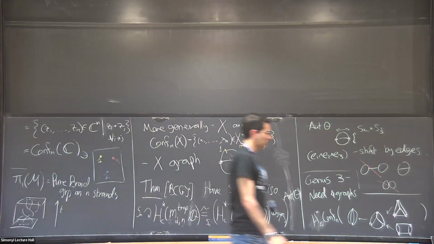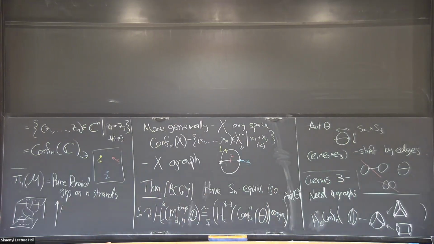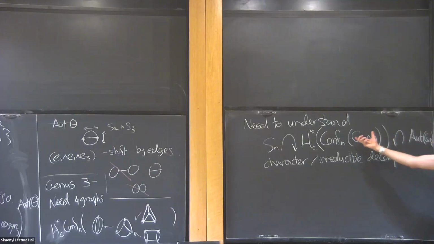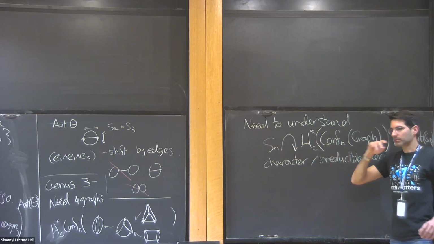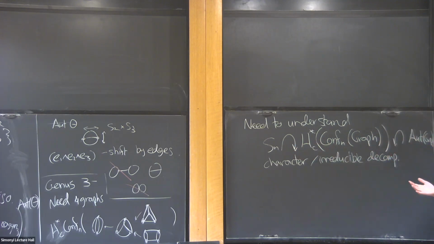But this should be pretty scary if you know anything about configuration spaces, because this space really heavily depends on the homotopy type of the graph itself. If you have two graphs and they're not isomorphic, they're going to have very different configuration spaces that can have different cohomologies in different degrees, different representations of the symmetric group. There's no reason to assume that there's any connection